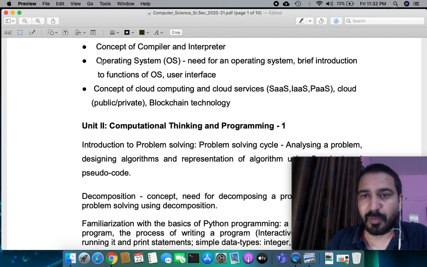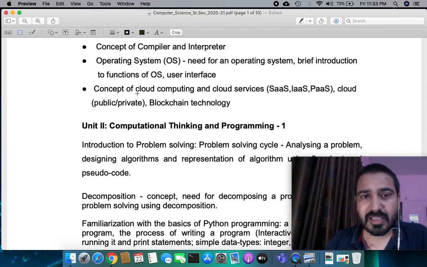Now come to the operating system. We need to skip this because the operating system is quite a deep subject, so right now I just have this. Android is an operating system, iOS is an operating system, another one is Windows 10, which most probably you are using, another one is Ubuntu, and another one is Macintosh. These are some basic, most important operating systems. The core part, the kernel part, and the services which an operating system runs, we will discuss in detail when we come to that chapter.